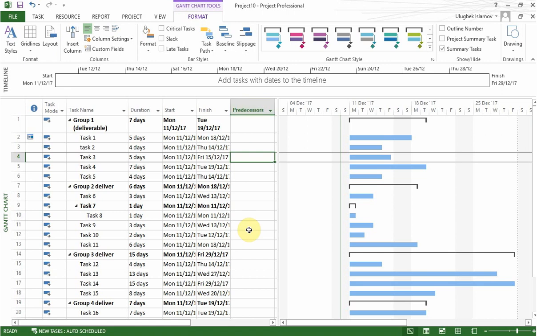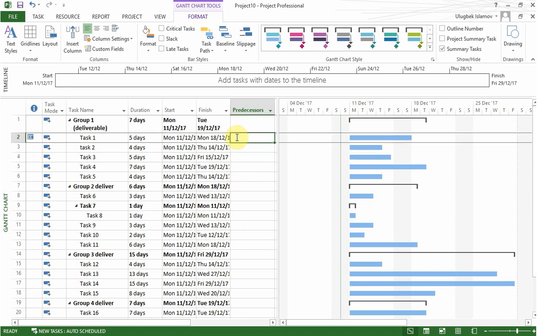So according to our, let's say, project plan and the activities that we have, let's say task number one is just a starting point, and it has no tasks prior to it, so obviously there are no predecessors, and let's say task number two can only start once task number one is finished. So basically, to make it happen, we can do it two ways. The first way is to